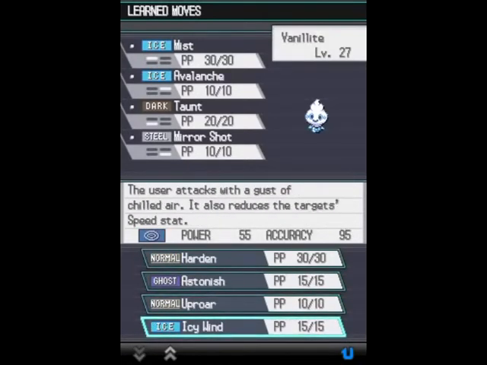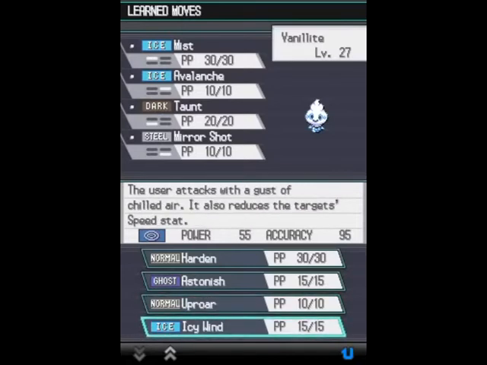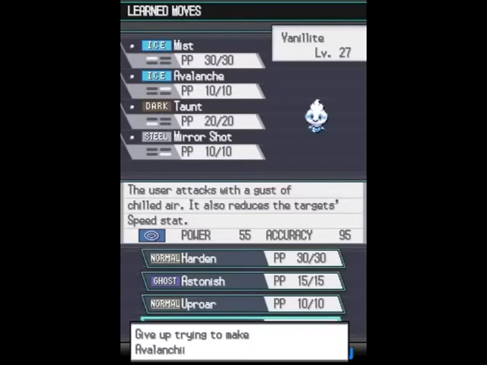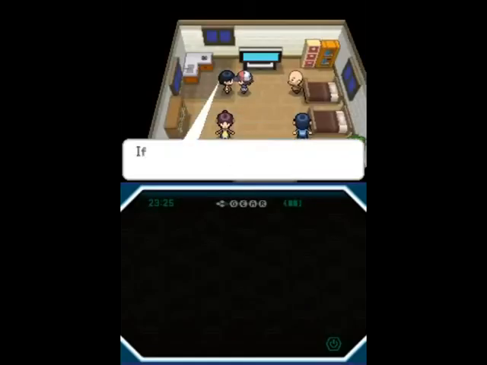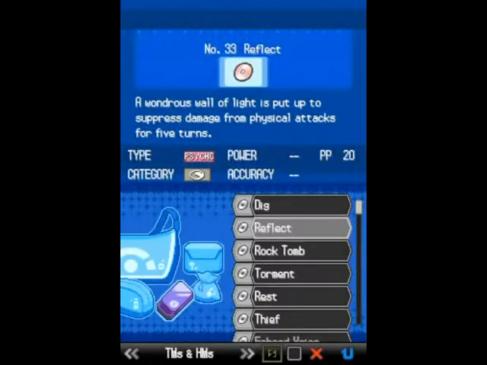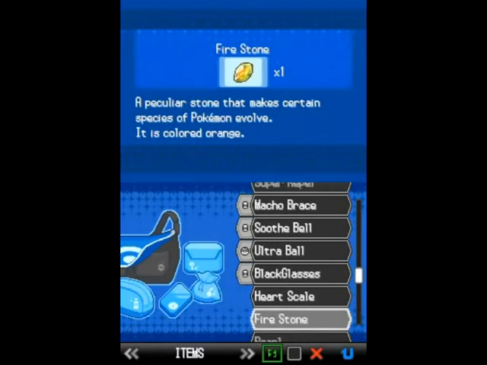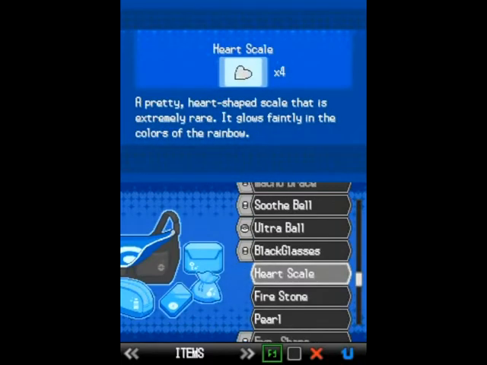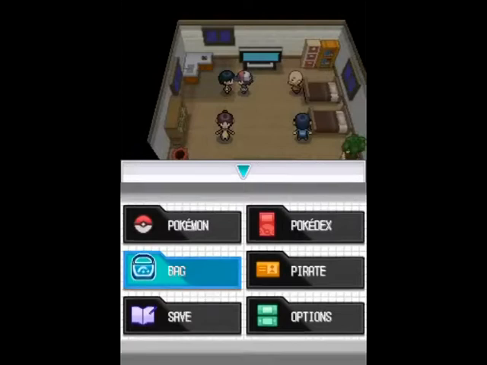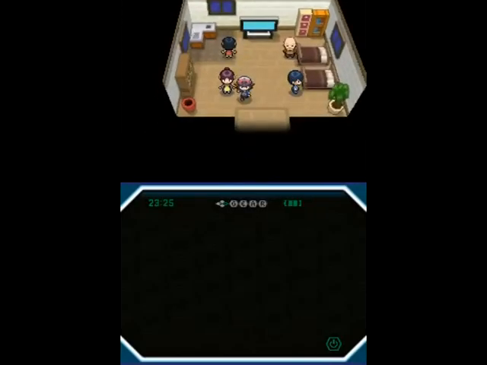Icy Wind. This is going to be so much more useful than Avalanche for the most part. Runs off my superior attacking stat, and doesn't force me to go last all the time, so I would really like to relearn this move. So, I'm gonna go relearn, wait a minute, I'm apparently not, I'm checking how many heart scales I have. Gotta make sure to save those, because I might be needing them later on. I got 4, that's fine. They're one of the few ways to teach Pokemon moves in this challenge, the other being TMs, so...